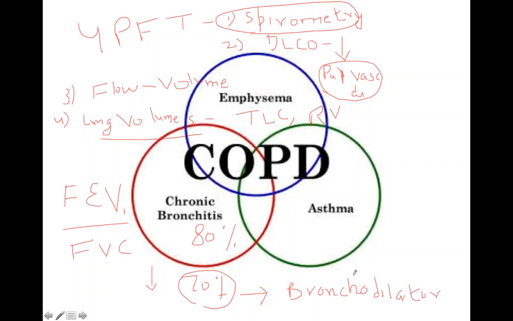The patient comes with dyspnea. We did the spirometry and we find the ratio is 70%. That means there is some obstruction. But since the patient has dyspnea, we want to know whether it is reversible or irreversible. We'll go for a bronchodilator test. We give the patient albuterol or terbutaline, and if there is an increase in FEV1 by more than 12%,